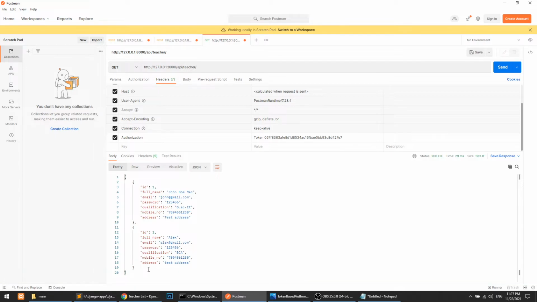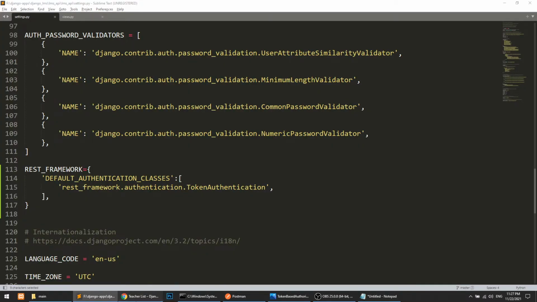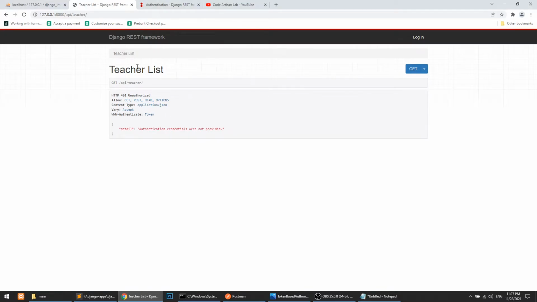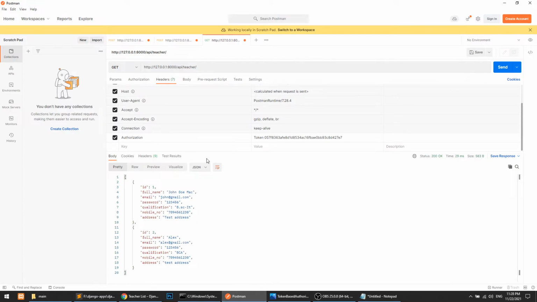Authenticating a request with a token is an internal process, but we are seeing how we can work with it. If you are working with the browsable API, then you have to work with the login. And if you are working with a pure API, meaning you are working with the URL from a different platform, then you have to use the token.